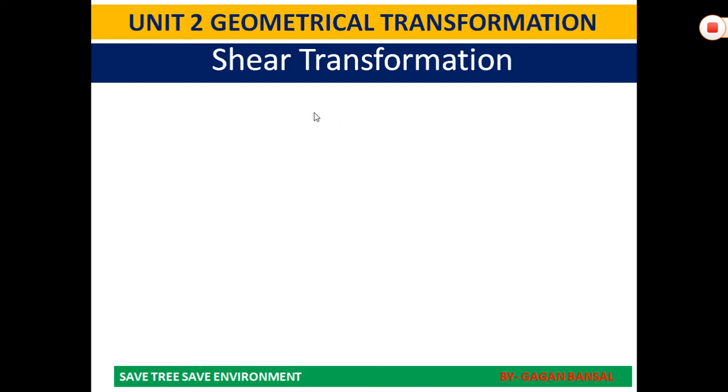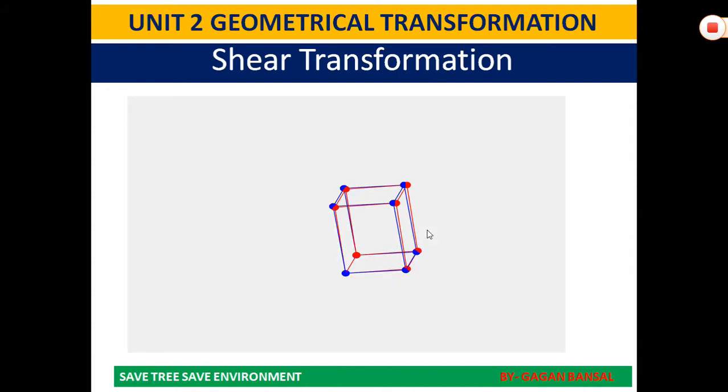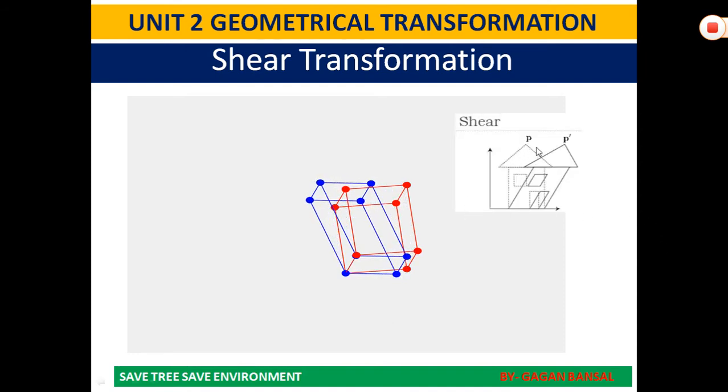Then last is the shear transformation. When we apply force on the surface of any body, it shears. So the change or the deflection or the deformation in the body is termed shear transformation. As in the figure you can see that the original position P has been sheared to P dash. So this kind of transformation is known as shear transformation. Hope you got the exposure to all 5 kinds of transformation. So let's study each one in depth, one by one, and in this particular lecture I will be constraining myself to translation transformation.